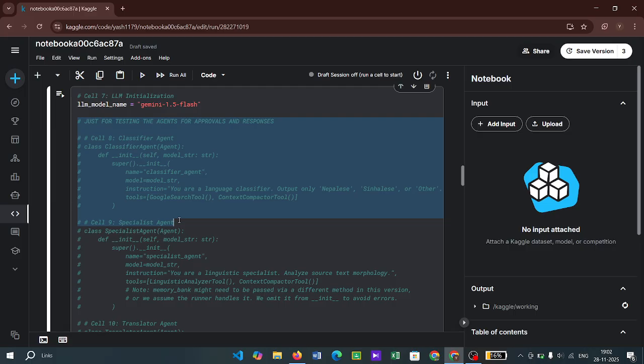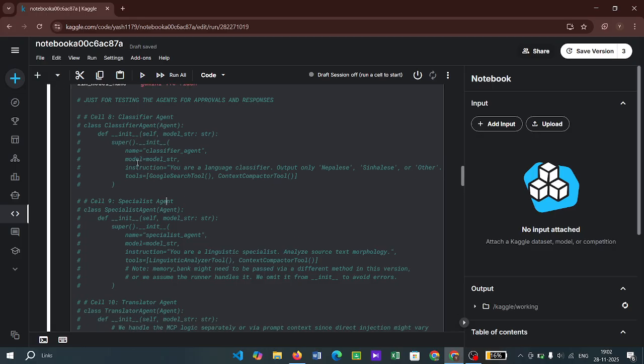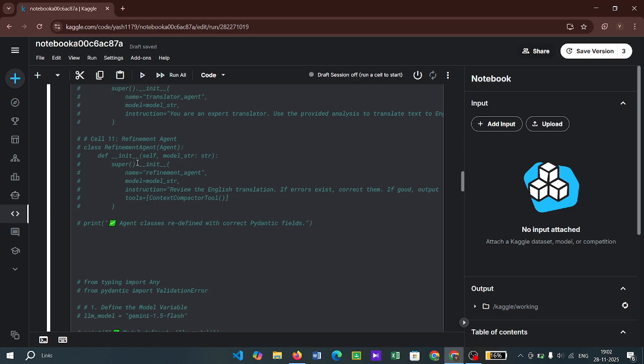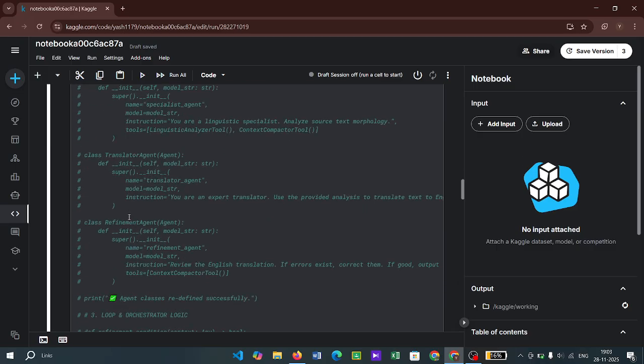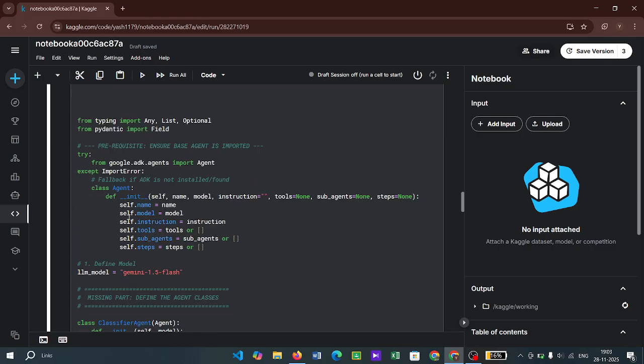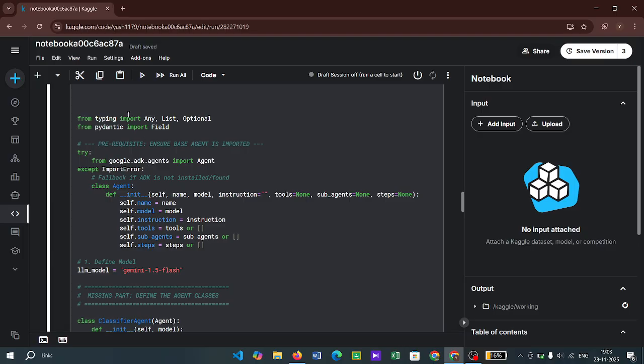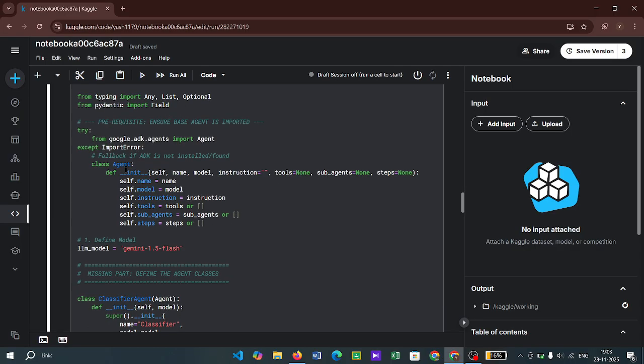to resolve those errors. So I came to know that we have to do it another way of setting this LLM initialization. So this is our classifier agent, just for testing approvals and responses. Basically this isn't needed, that's why I have commented out all this code. So basically our main code is this, where we have imported many libraries, like list, optional, fields, and Google libraries, import agent,